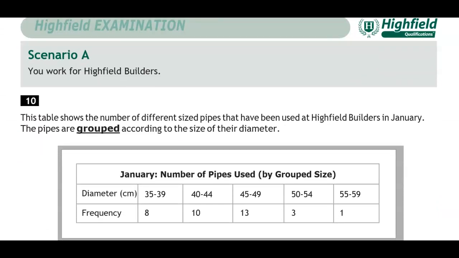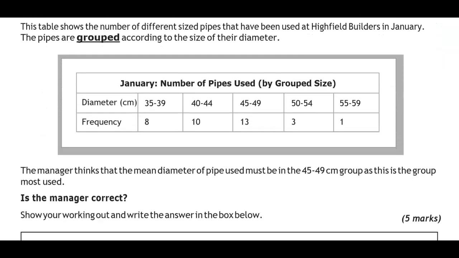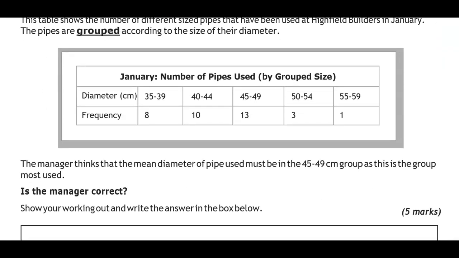You work for Highfield Builders. This table shows the number of different sized pipes that have been used at Highfield Builders in January. The pipes are grouped according to the size of their diameter. So we've got January, number of pipes used by group size: 35 to 39, 8 of them; 40 to 44, 10; 45 to 49, 13; 50 to 54, 3;